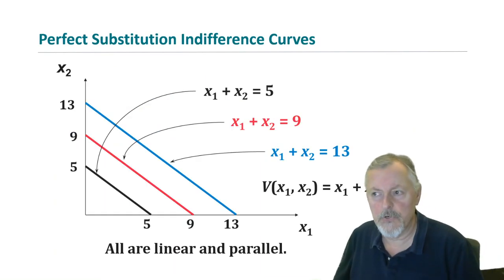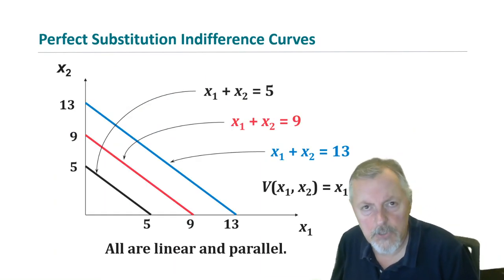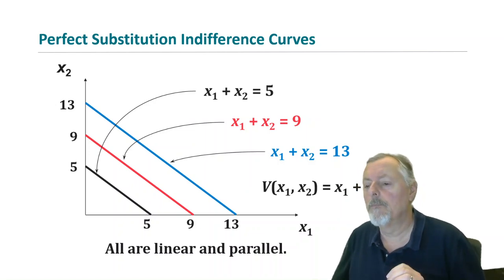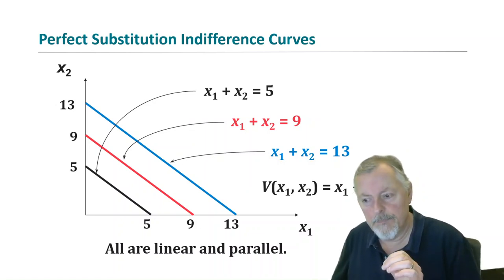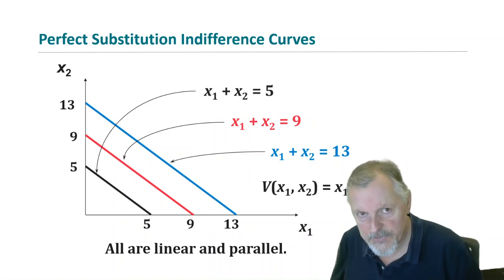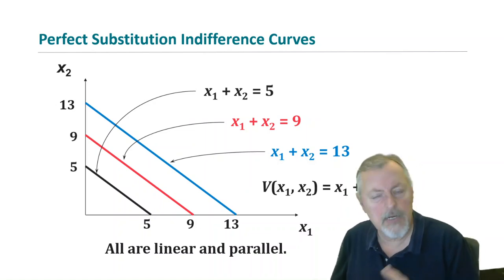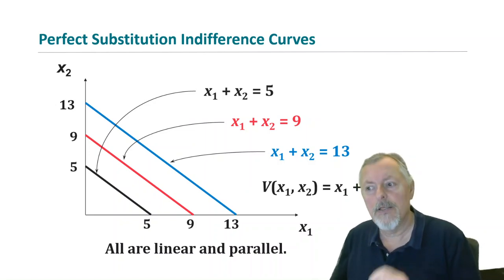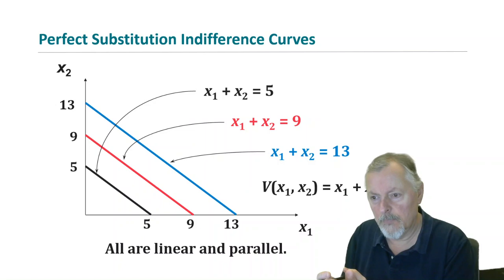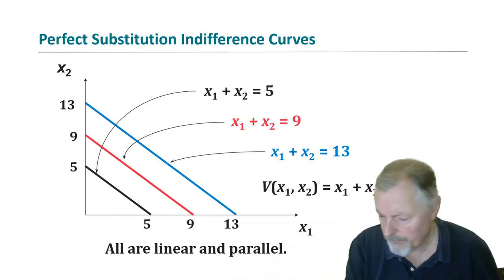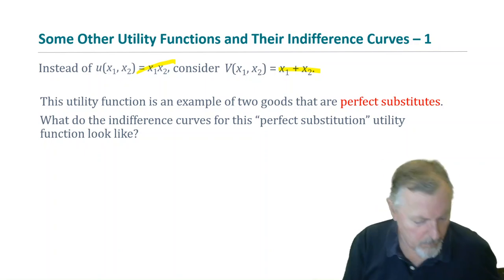This is what indifference curves for perfect substitutes look like. Now, remember, I mentioned this last time. The defining characteristic of perfect substitutes is that the indifference curves are linear. They are lines. They don't curve. Not that they have a 45-degree angle. For example, here,